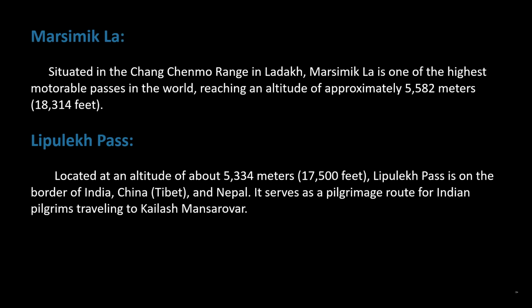Marsimikla. Situated in the Kangchenjunga range in Ladakh, Marsimikla is one of the highest motorable passes in the world, reaching an altitude of approximately 5,582 meters, 18,314 feet. Lipulekh Pass. Located at an altitude of about 5,334 meters, 17,500 feet, Lipulekh Pass is on the border